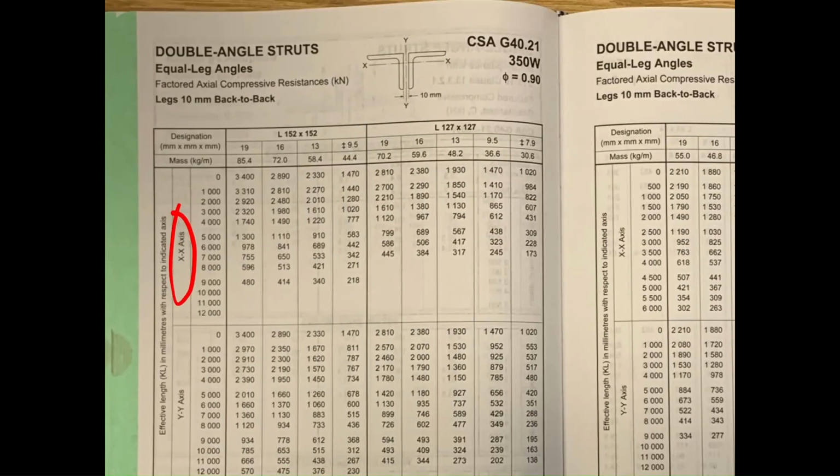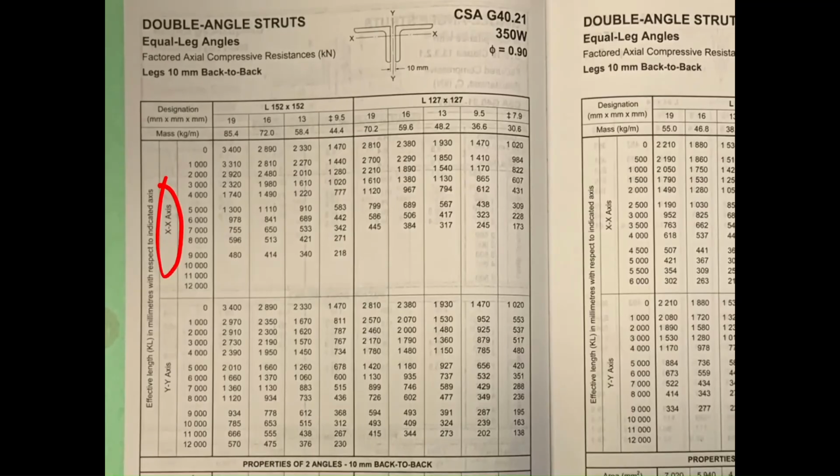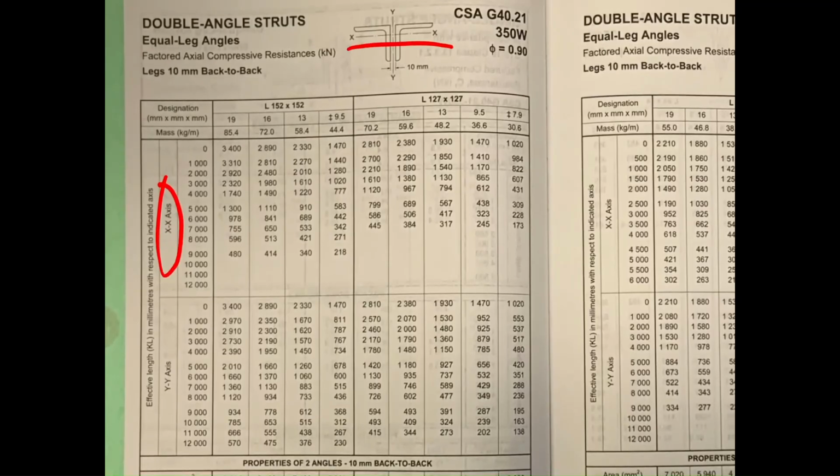If we look at the axes, buckling about the X-axis here is buckling about the axis of asymmetry. That's going to flex purely downwards, and so it's only going to be flexural buckling. But buckling about the Y-axis is buckling about the axis of symmetry. That's when we start to get the coupling of flexural buckling and torsional buckling. So for double angles that are asymmetric about one axis, we've got buckling about the asymmetric axis, which is purely flexural buckling. Buckling about the axis of symmetry gives us flexural torsional buckling, and that's why I guess